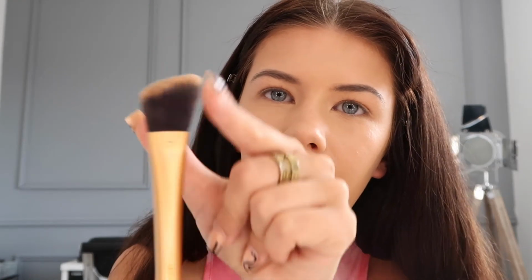I need to put some colour back in my face, so I'm going to contour my nose. So I have had this brush for years. Probably like 5 years, maybe even more, which is pretty gross. I should probably get a new one. It's a Real Techniques foundation brush, and it's just thin like this, and I just love it for contouring